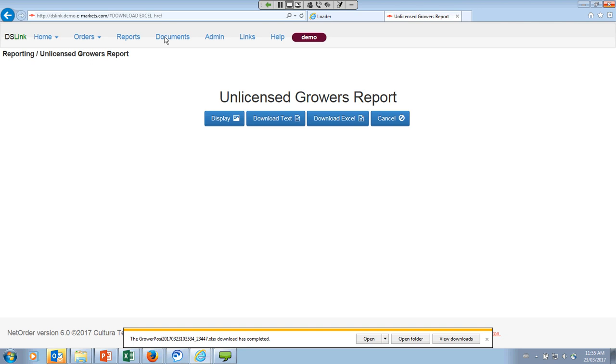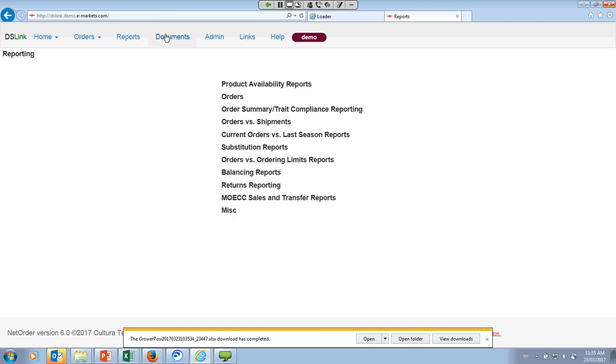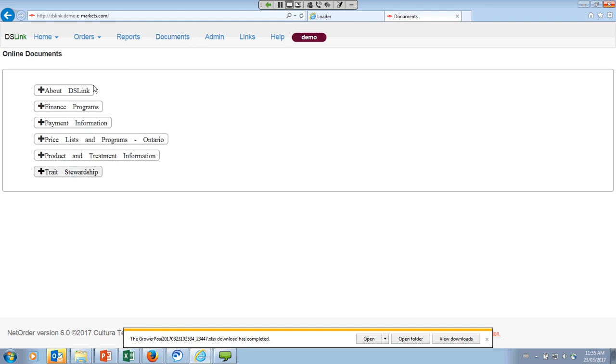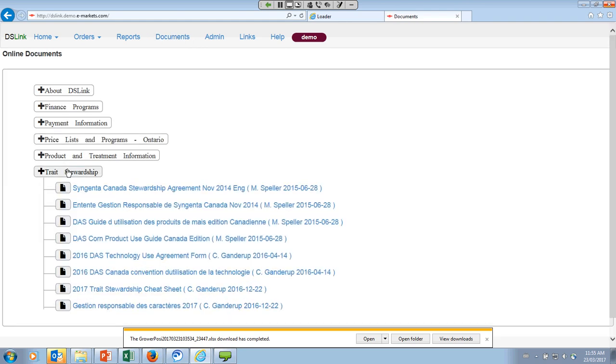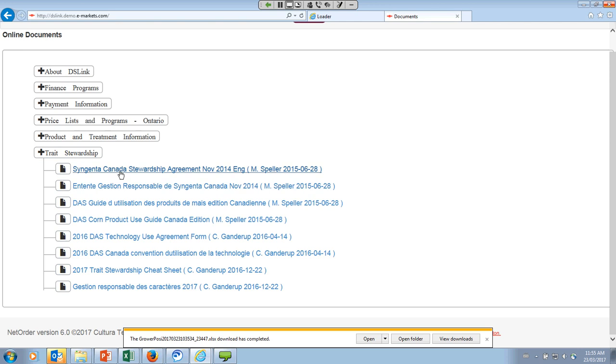I'll just take this opportunity, since I still have a captive audience, to show you under Documents, the Trait Stewardship folder. So here's where we have the most current Syngenta agreement. We have the Corn Product Use Guide, and we're getting an updated version of that shortly. And here's another piece that might help you. We call it the Trait Stewardship Cheat Sheet. And the purpose of that information, if it will open for me,